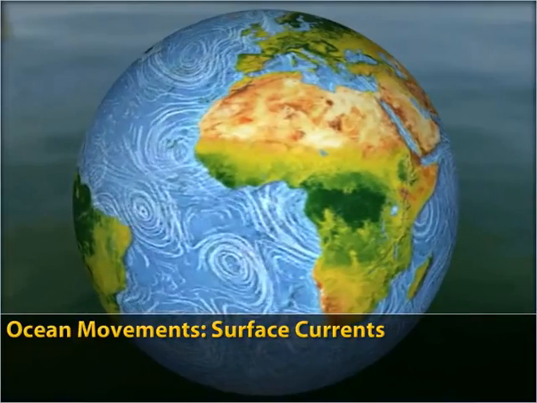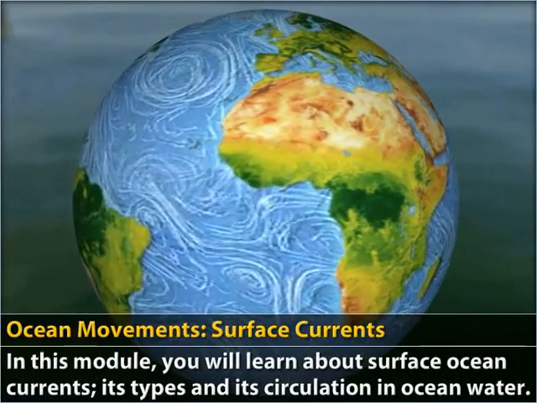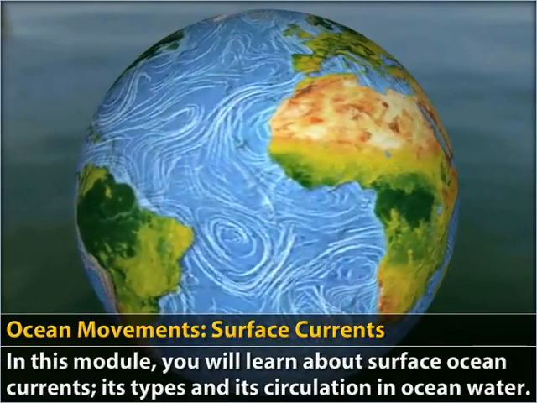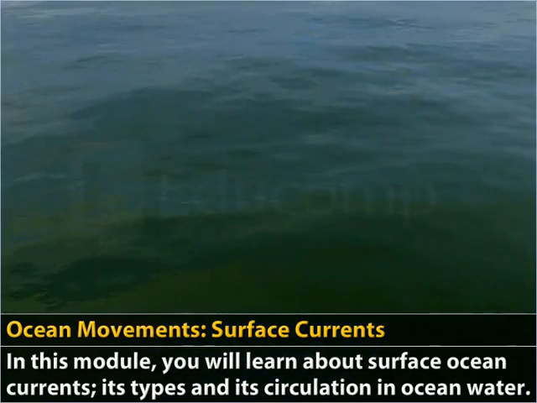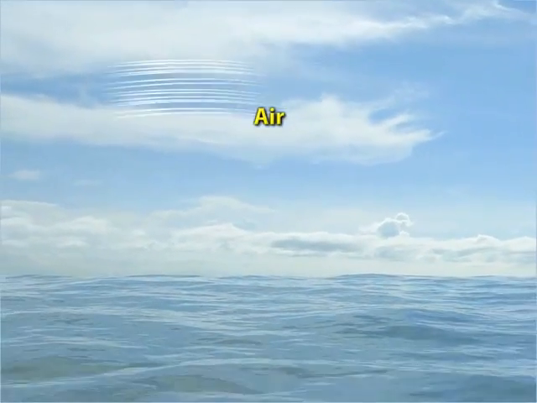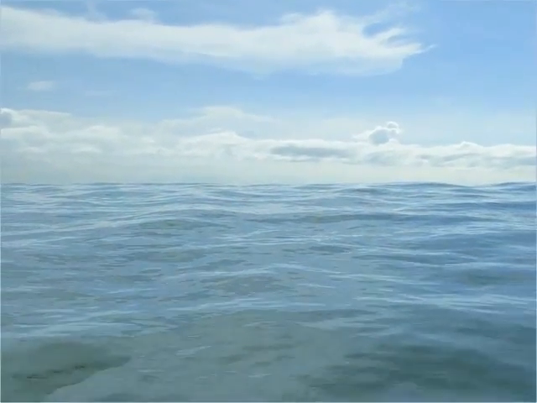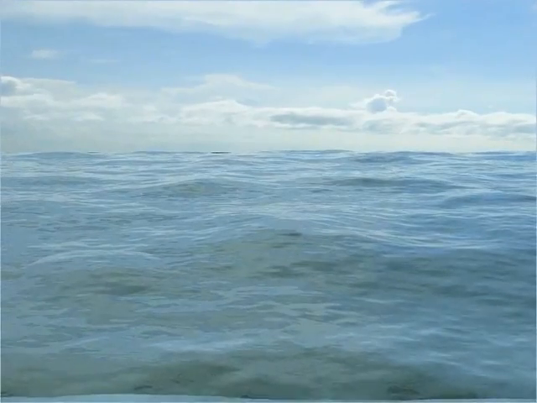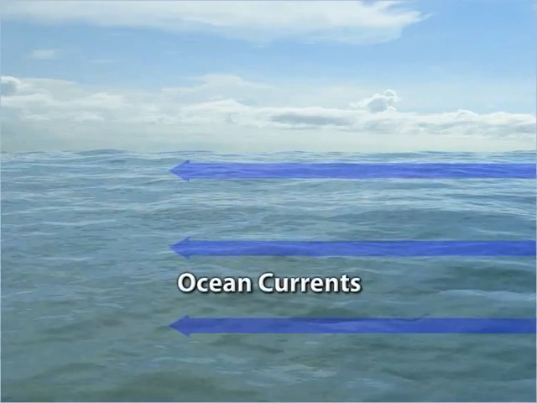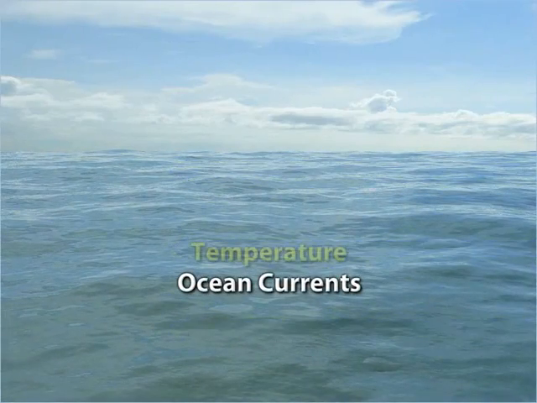Ocean movements, surface currents. In this module, you will learn about surface ocean currents, its types and its circulation in ocean water. Just as air has a circulation pattern, so do oceans. Circulation pattern of oceans depends on ocean currents, which in turn depend on differences in temperature,